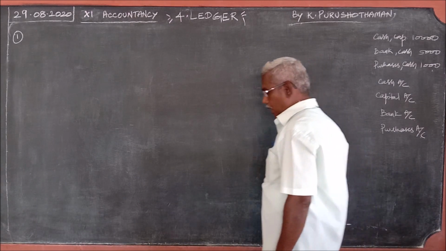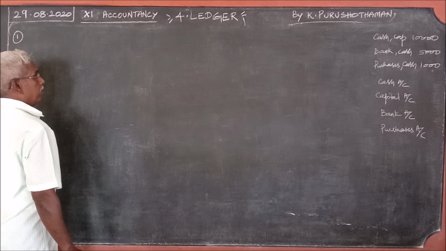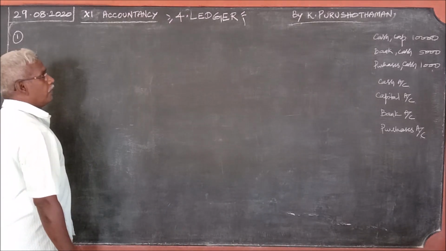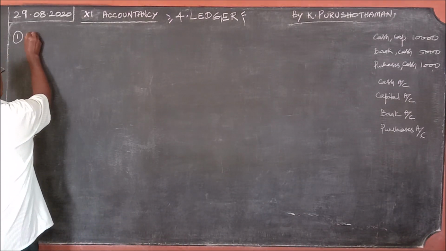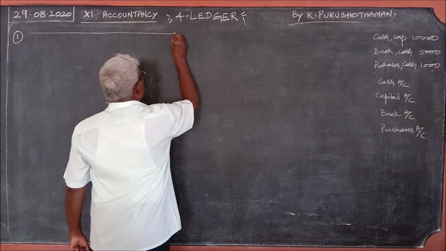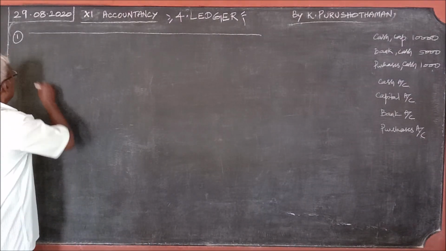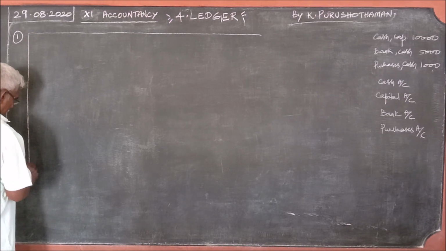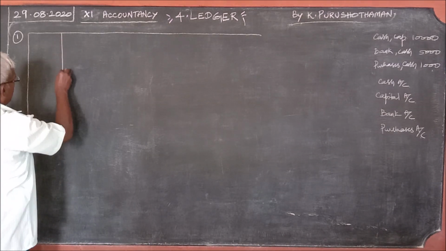Now what we are going to do, we are going to post the entries in the ledger. For that, we must know the format of the ledger. That is the important thing. Okay, I shall teach you very slowly. Listen carefully. After doing journal, the ledger is not so difficult. Only thing, the entries are transferred. How it should be transferred, that alone you should know. And before that, you should know the format.